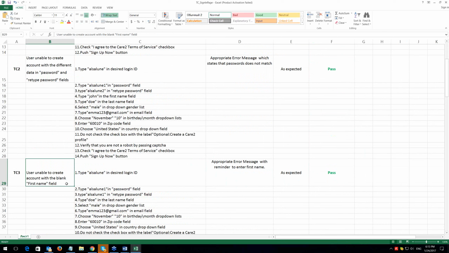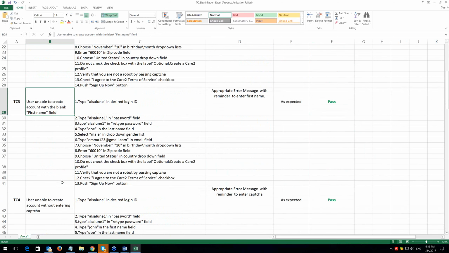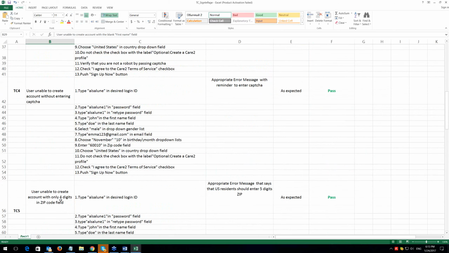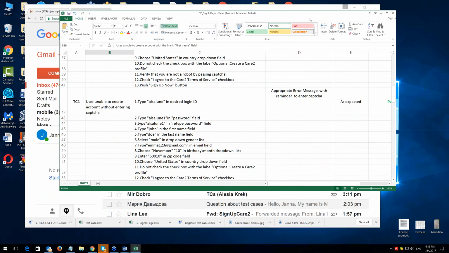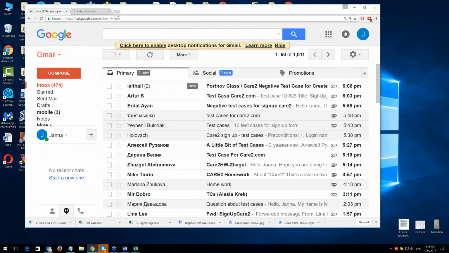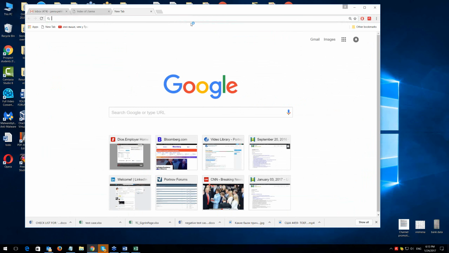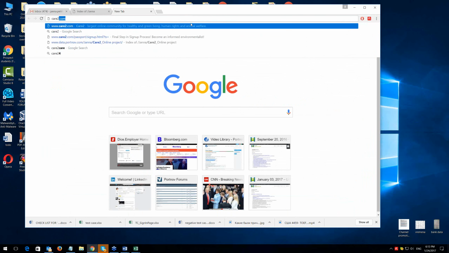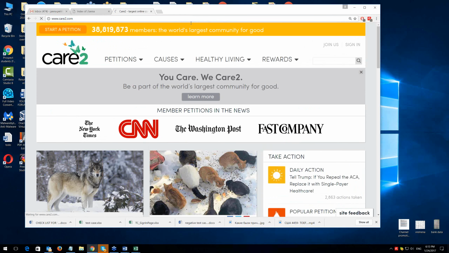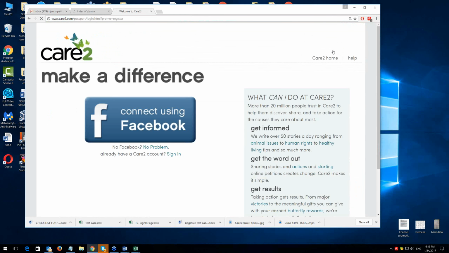Verify that user cannot create an account without a first name. The same everything. But let me go for a second to Kerto.com. And this is the interesting thing.